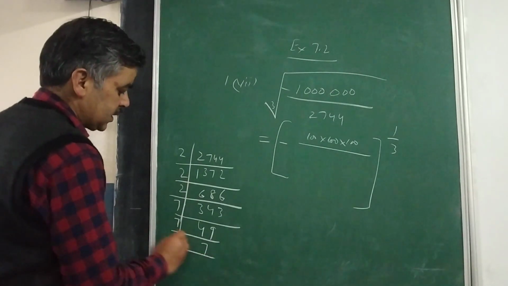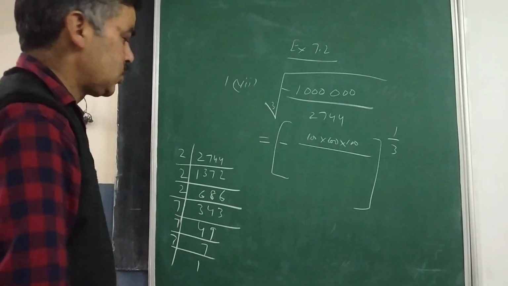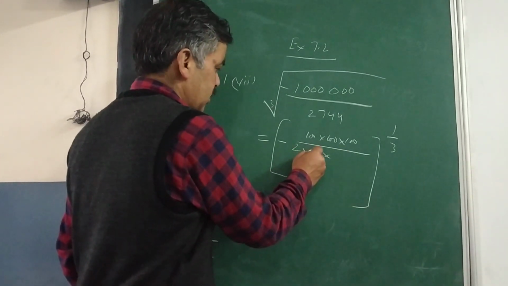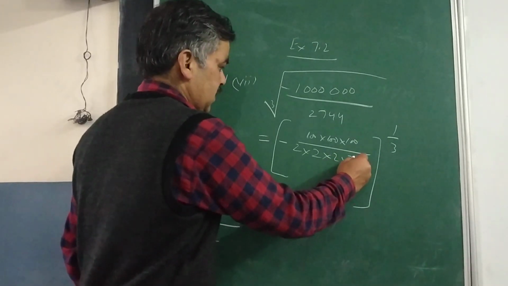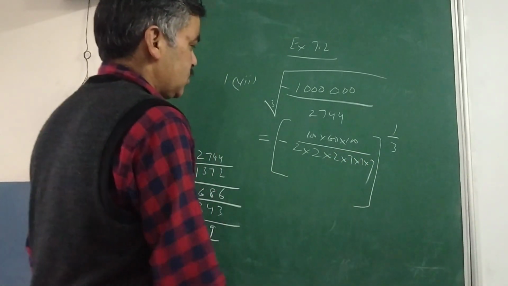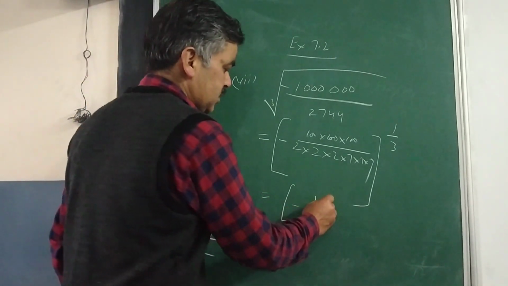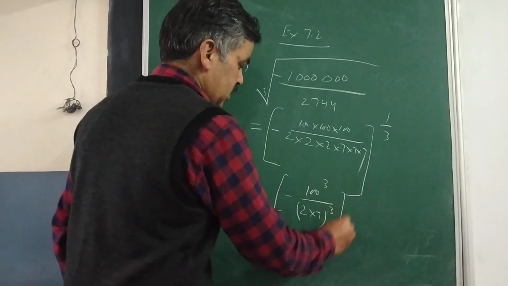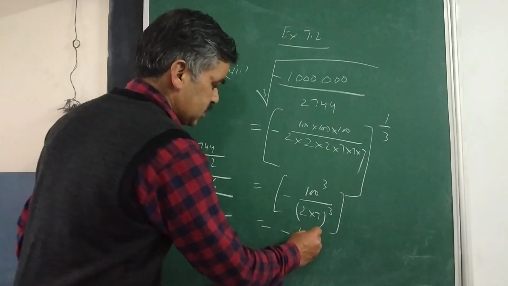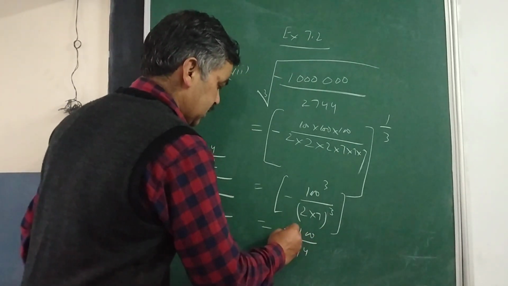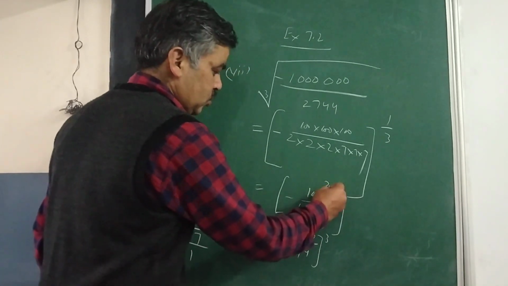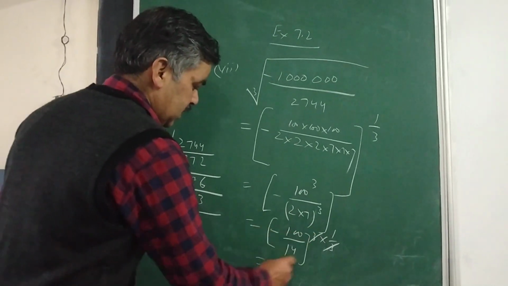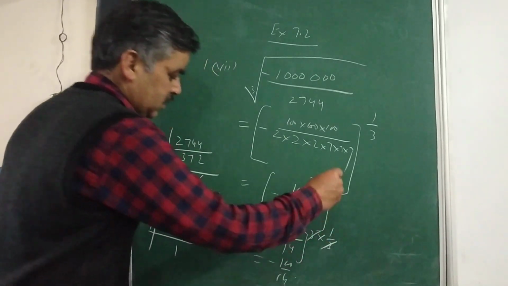This prime factorization you have to use what I was sharing with you yesterday. So this somewhere will be the 2 into 2 into 2 and then it is 7 into 7 into 7. So if you will see the next step, this comes somewhere is of 100 cube and here it comes of 2 into 7 whole cube. So finally I can write minus 100 upon 14 whole cube and the power is 1 by 3, so I can cancel it out. So my answer will be minus 100 upon 14.